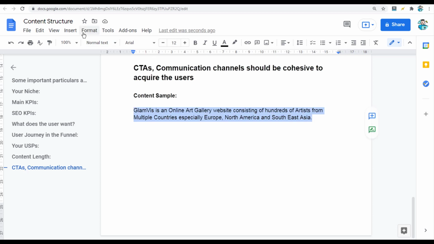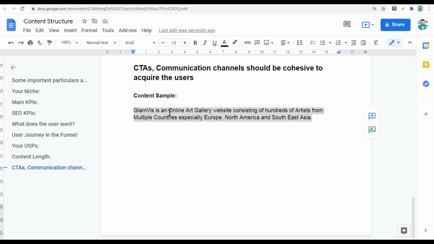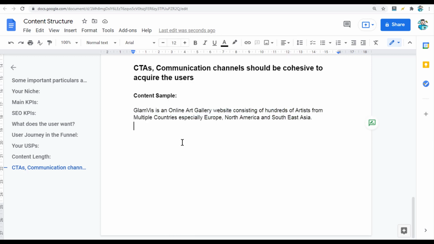Like how many words is this? We don't know that, right? So we're gonna find out how many words we have just written here.